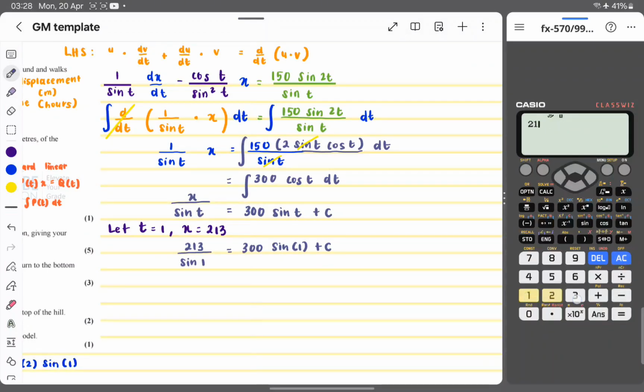AC, 213 over sine 1, alpha equal 300, alpha equal 300 sine 1 plus alpha c. Now shift solve. Oh, error. Let's close this. Okay, that's it. Shift solve. C is equal to